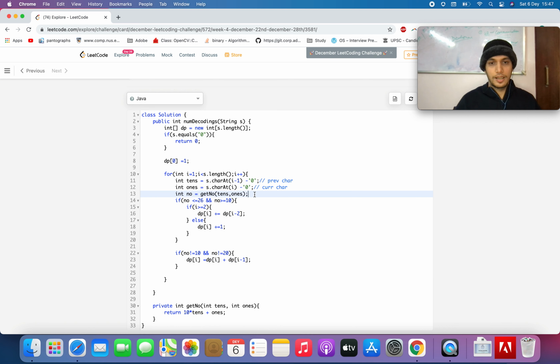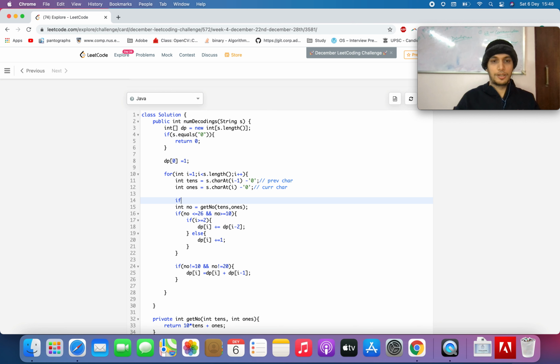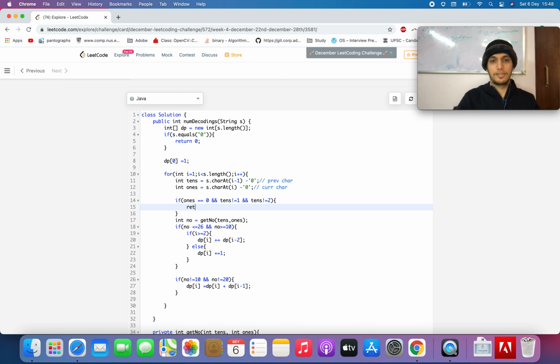Also, there's one other case that I want to handle. That case would be if ones is 0 and tens is not equal to 1 and tens is not equal to 2. For those cases, we'll return 0 as an answer.